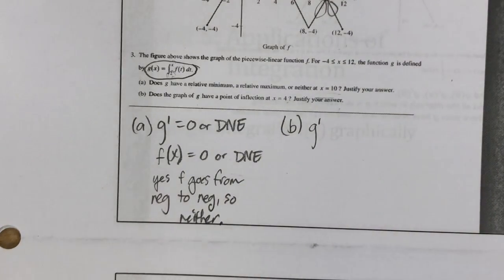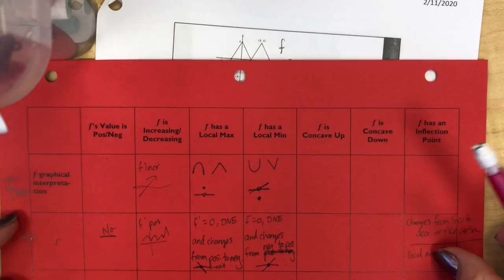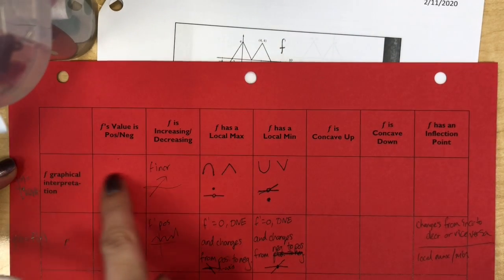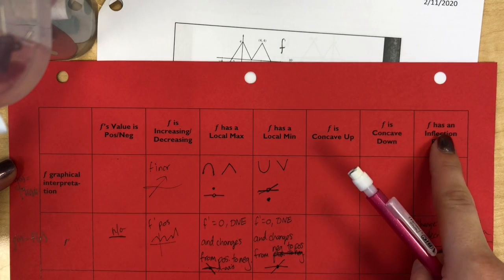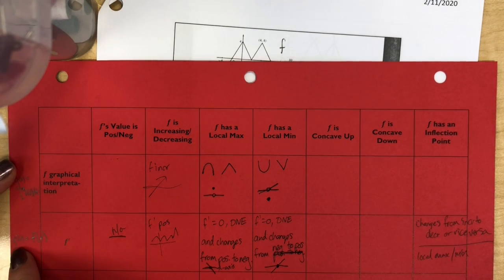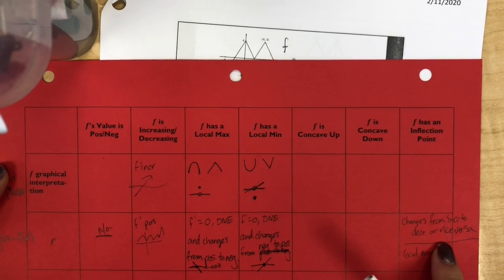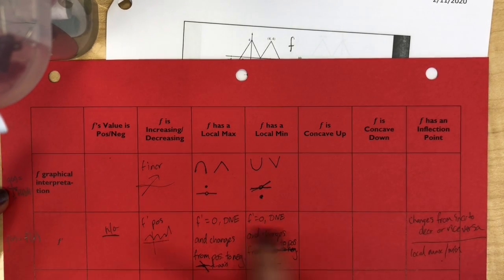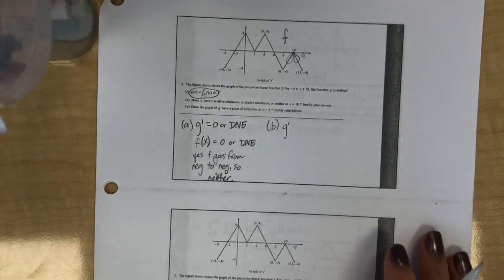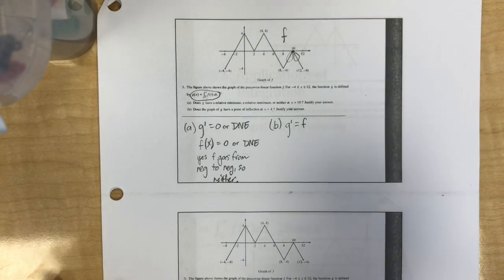If g has a point of inflection, then what would g prime have? A change from increasing to decreasing, or vice versa, or a local max or min. So g prime, which equals f, has